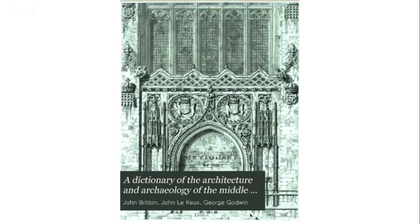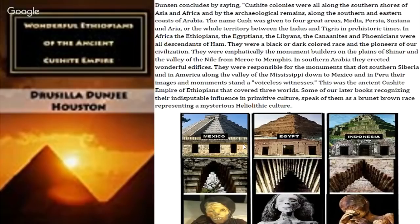This is by John Britton, John Lekeats, and George Godwin. Now, to one of our great scholars, scholar queens, Drusilla Houston, or Drusilla Dungy Houston. She wrote in her book, Wonderful Ethiopians of the Ancient Kushite Empire, and she drops it in there. What she says Bunsen